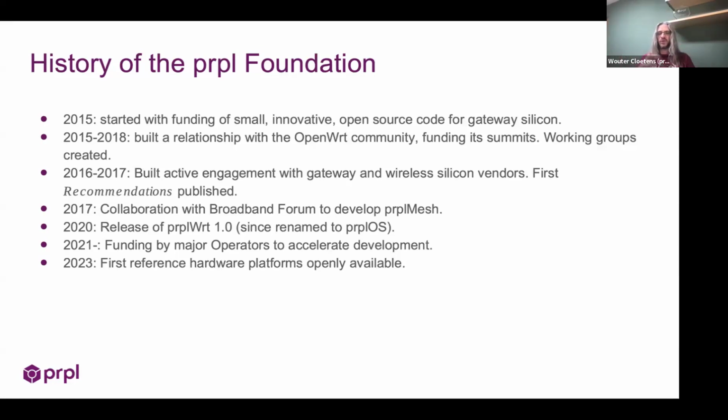And we started to create various working groups, making them more and more detailed as we started to refine what we wanted to do. As of 2016, we actively reached out to the silicon vendors, the gateway silicon vendors and wireless silicon vendors. That's around the time when I published the first low-level API recommendation, and other recommendations started to come in. In 2017, we started the prpl Mesh project